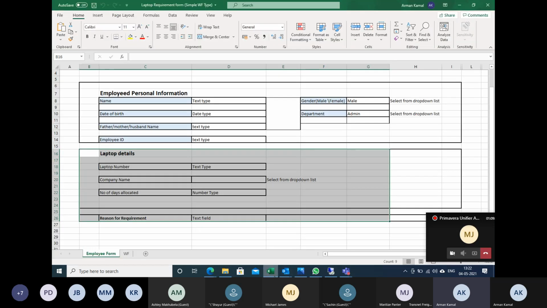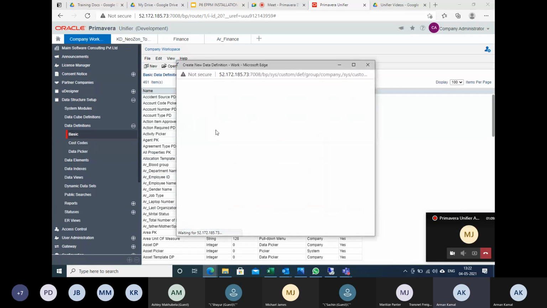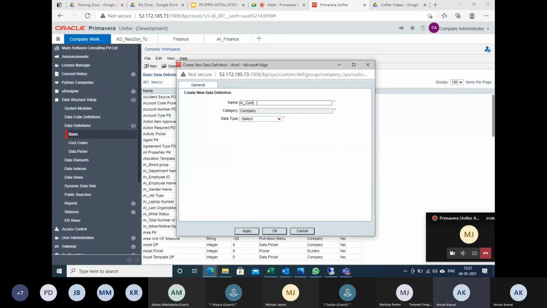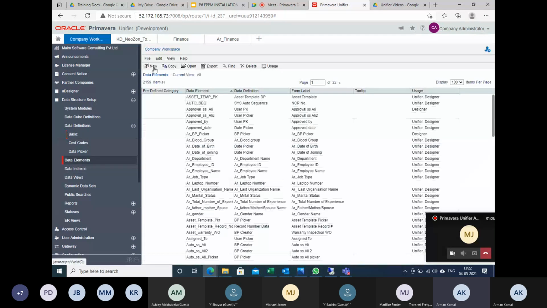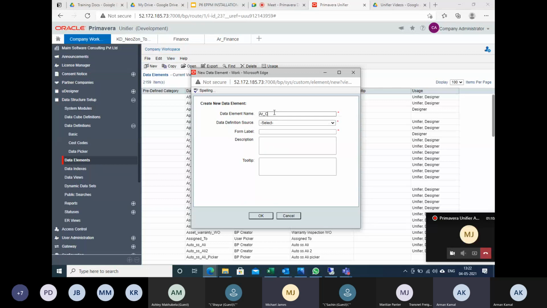Now the next field is the company name, meaning brand name, which company laptop you want. AR company name. I will select integer. I will click OK. I'll go to the data element. I will click new. AR company name.